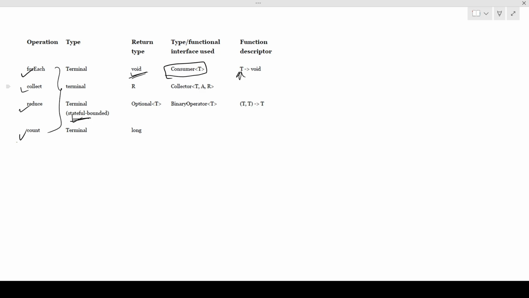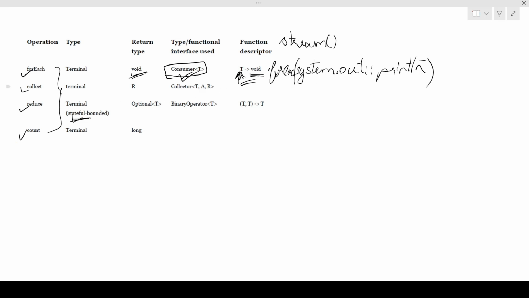So this is the argument, and it consumes that consumer definition which we have given, and it doesn't return anything. So something like if we are just printing out, System.out.println. Suppose we are creating a stream, dot forEach, and then we are just printing each element, just consuming each element, something like this,